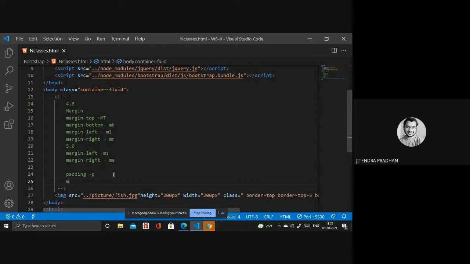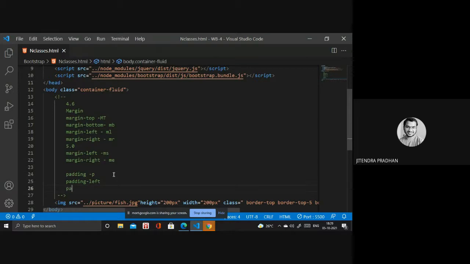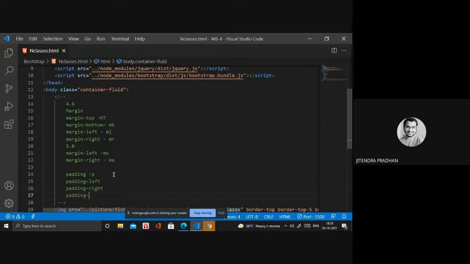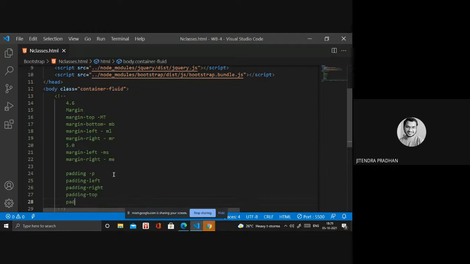It's padding left, padding right, and padding top, bottom.